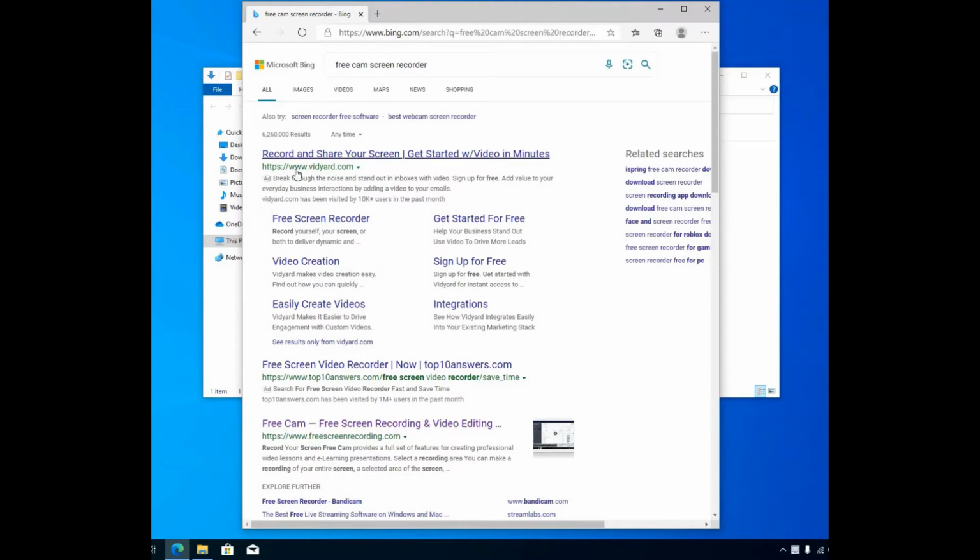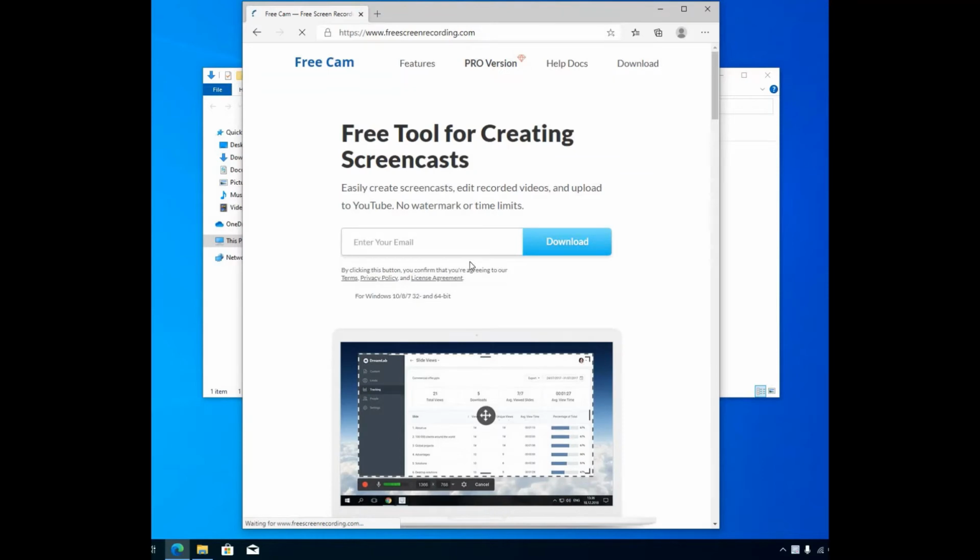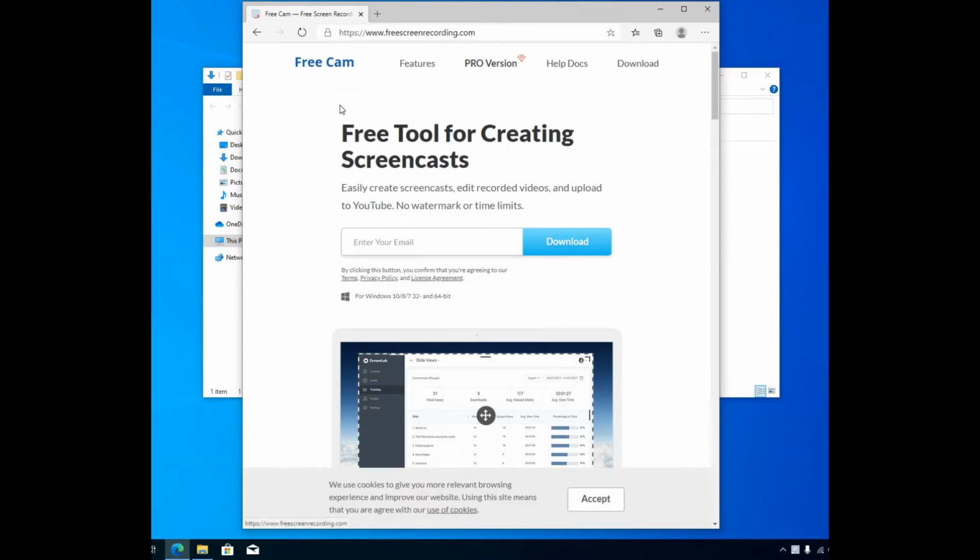It's not the first one, it's this one that says www.freescreenrecording.com. So you click on that, and that will take you to this FreeCam downloading site. You just put in your email, and I'm not going to do it here. So you put your email, and then you click on download, and after that you should have the